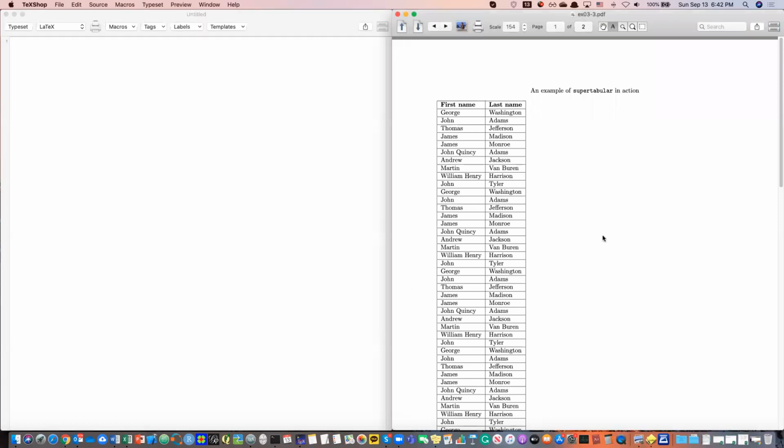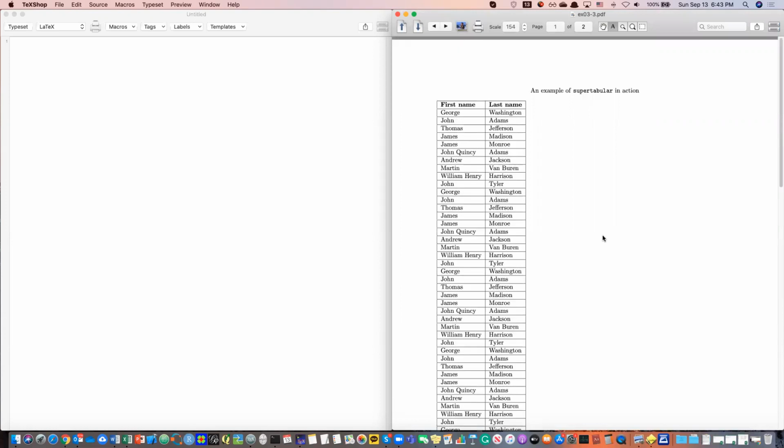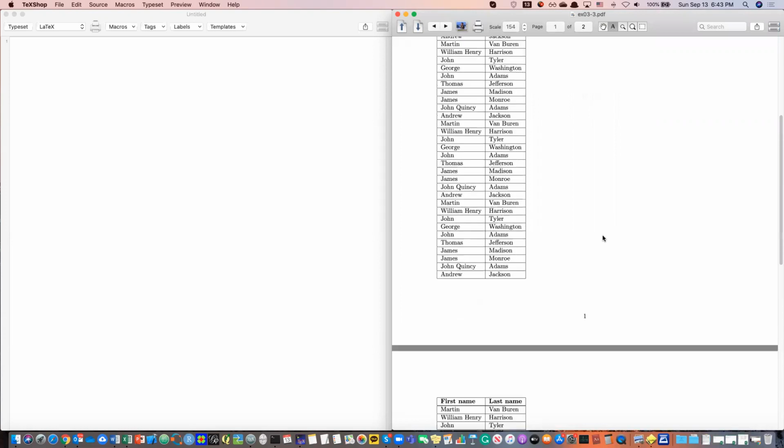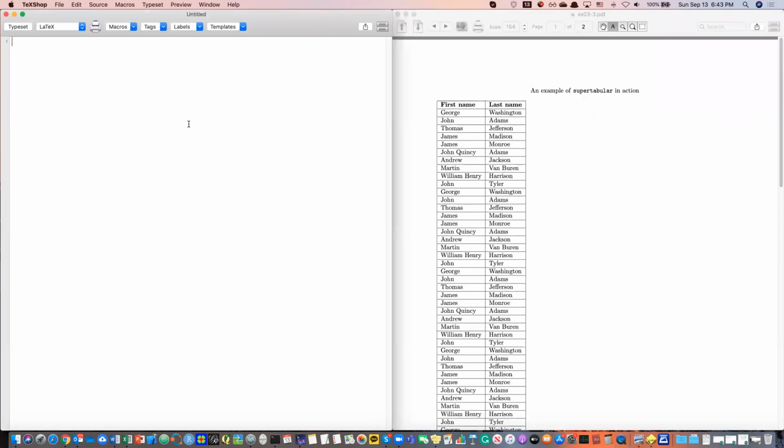Okay, so as you can see, we want to reproduce this document. As you can see, the long table right there, right? So now let's try to reproduce it. To draw that long table, we have to import a special package. It's called supertabular, and also multirow. Especially supertabular. So let me start with document